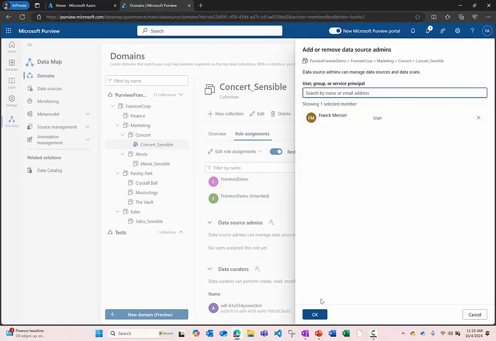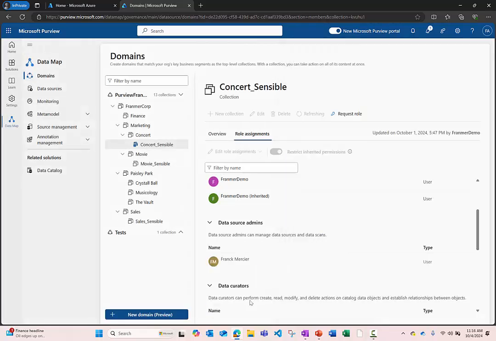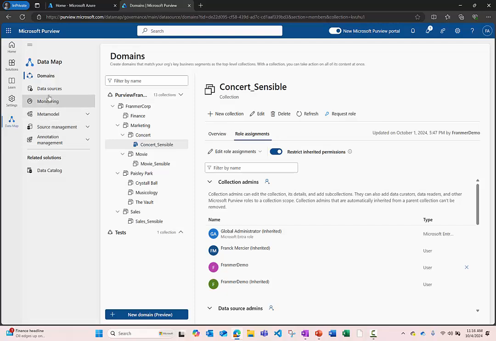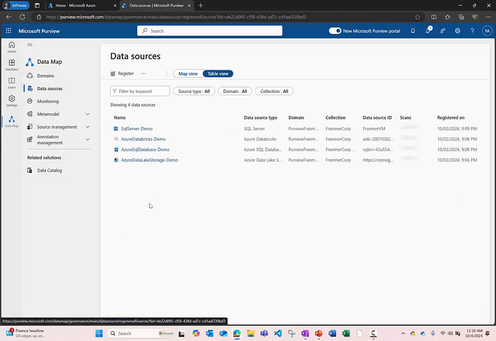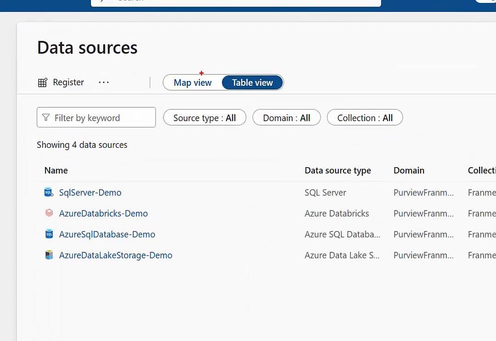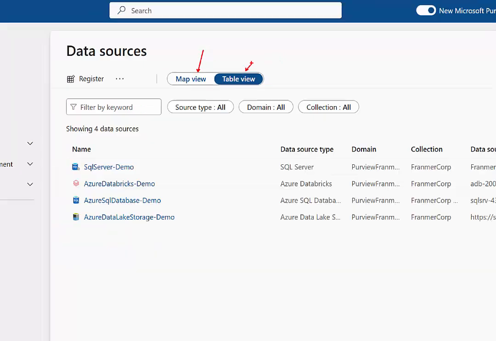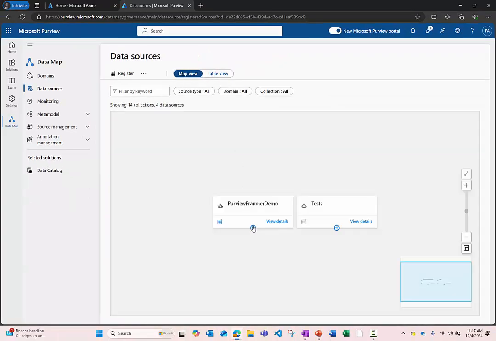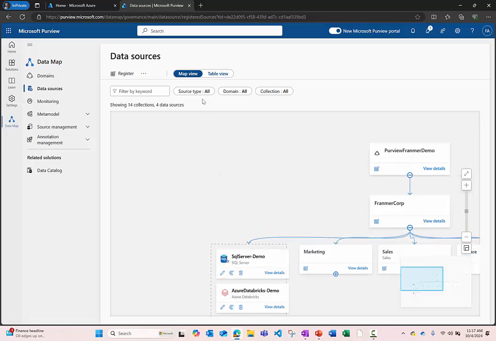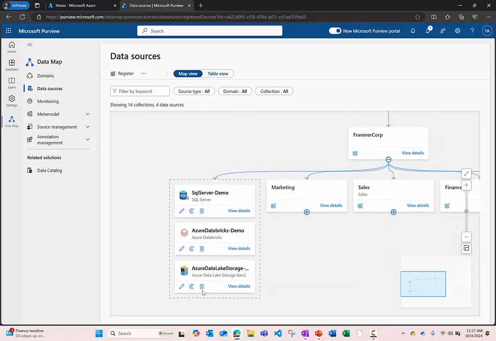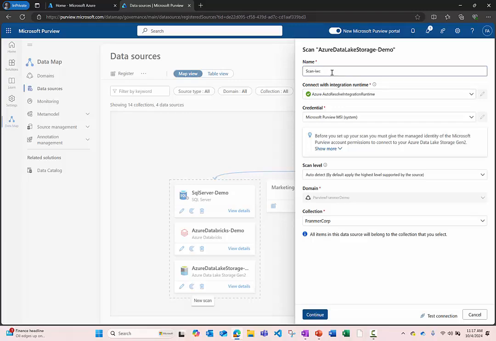So add the user here, click OK. And now go back to data sources. I forgot to mention, you can toggle at any time between map view or table view. Okay, so now let's try to perform a new scan.